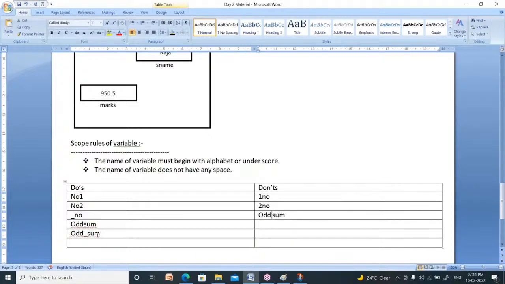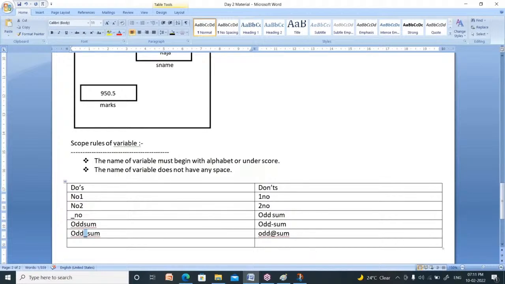It doesn't allow any special character except underscore. You cannot write like this: odd minus sum or odd at the rate of sum. These two are invalid variable names. So the variable name should allow only underscore.